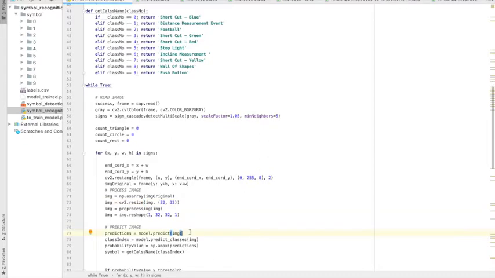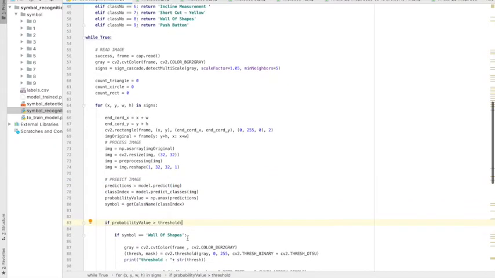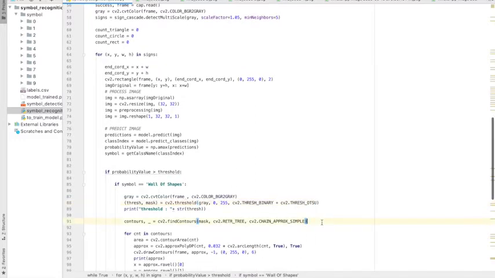The pre-processed traffic symbol alongside its class ID can then be predicted with a certain probability by using the model.predict function here. If the probability is larger than the threshold value, and if the symbol detected is the wall of shape symbol, we then convert the frame to grayscale and perform thresholding. Thresholding is done by using Otsu thresholding, which allows the shapes to be converted to black, while everything else is converted to white. We then continue to find the contours in the images, which allows us to find